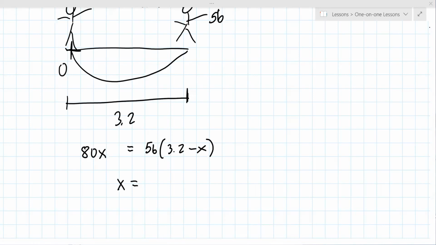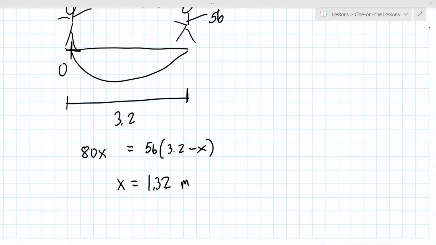So x is 1.32. Will it be in meters or centimeters? Meters, but that's not the answer. That's just the first part of it. Okay, so the next thing we do here is